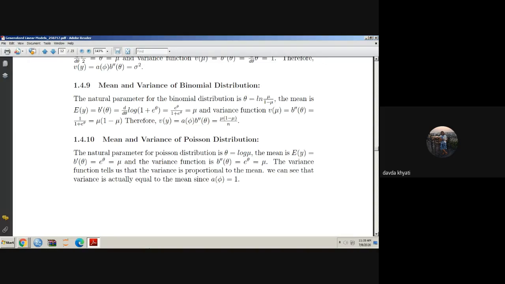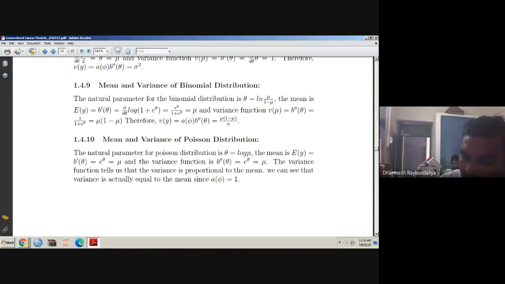Binomial. In the binomial, we had considered z having the binomial distribution with parameters n and mu, so we did a reparameterization and wrote y equal to z by n, remember? So if z is binomial, then what will z by n be? It will be Bernoulli, right? So what is the mean of a Bernoulli distribution? Here instead of p we have taken mu, so mu is the mean, and what will the variance be? Mu into 1 minus mu by n. So you can see that we have obtained the same.